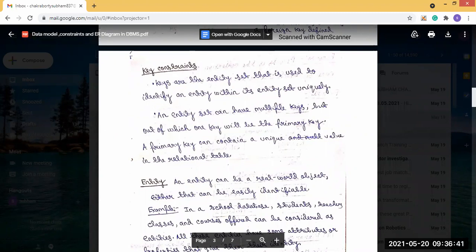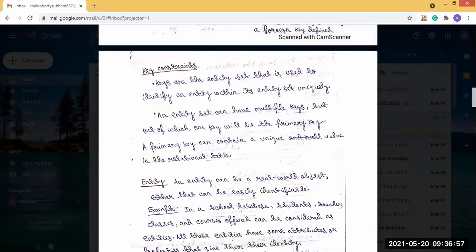Okay. So we have already seen the constraints, but what is an entity basically? An entity is any real world object that can be easily identifiable.